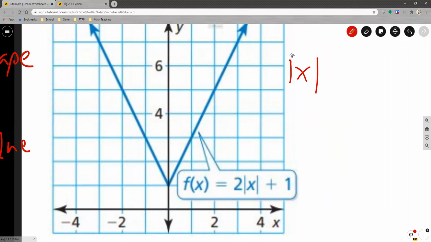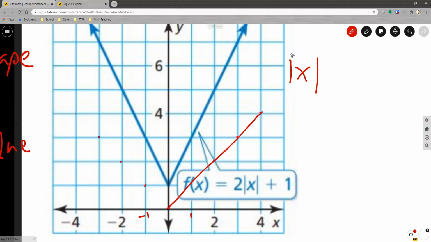If I'm at 0 for x, my y value is also going to be 0. If I'm at 1 for x, then my y value is going to be at 1. It's blocked by this little speech box. If I'm at -1 for x, my y value is still going to be +1 because the absolute value of -1 is +1. If I go to 2, my output will be a 2, -2, also a 2. And I can go back and forth graphing these as long as I want. And since we know the shape of this function, we can then connect